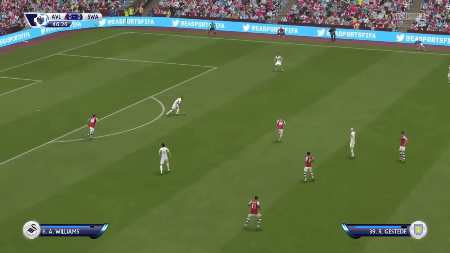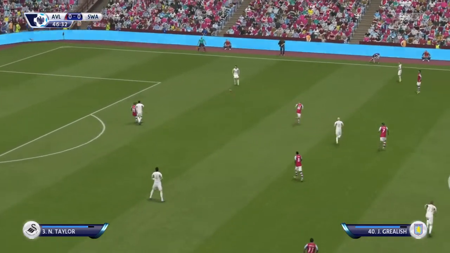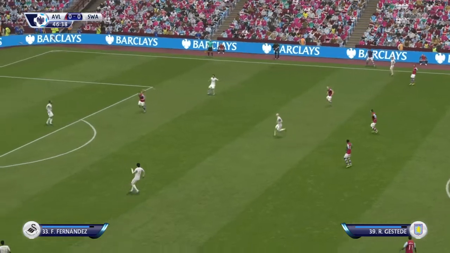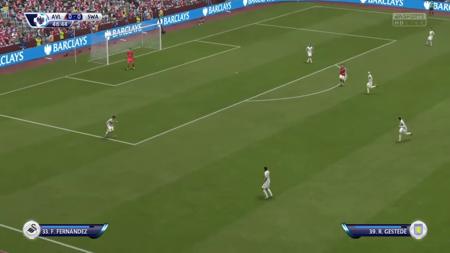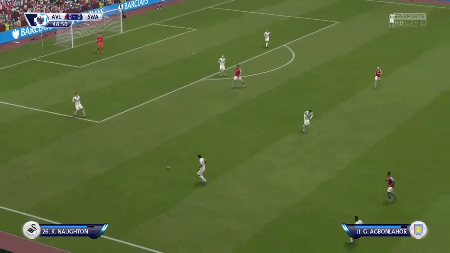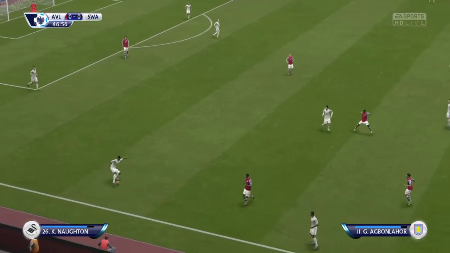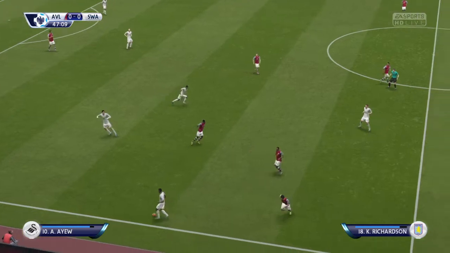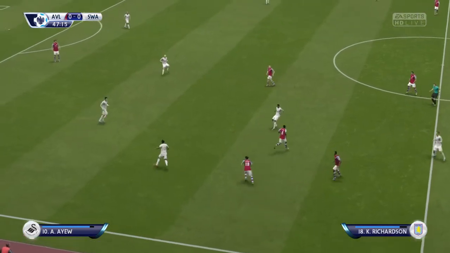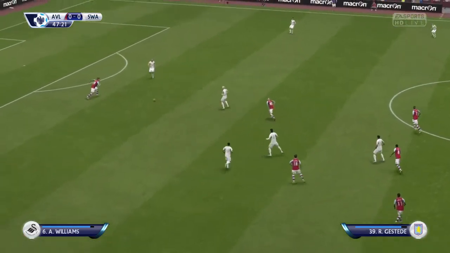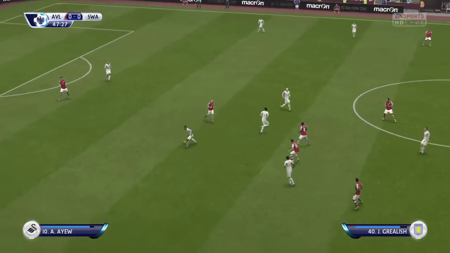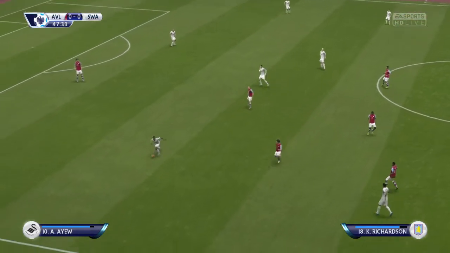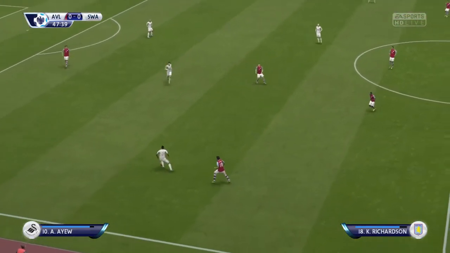Key. And that's across the field to try and switch the play. Andre Ayew. One, two, and having a little game of their own here.